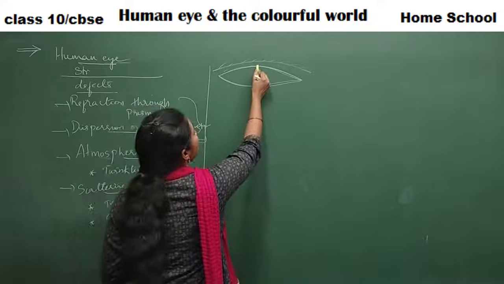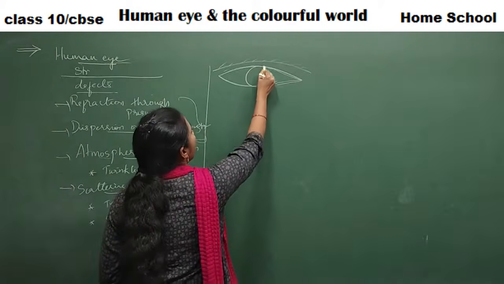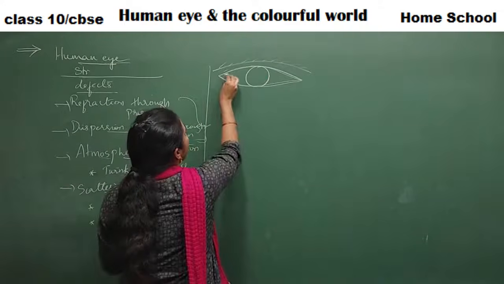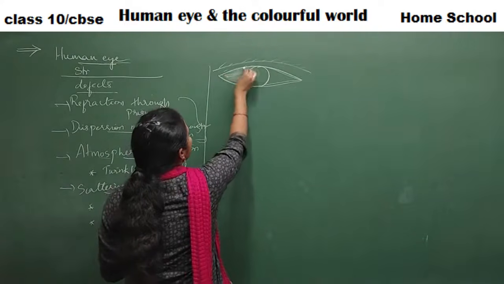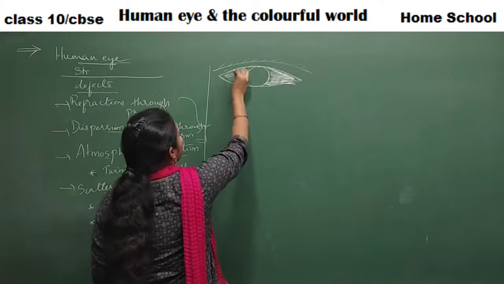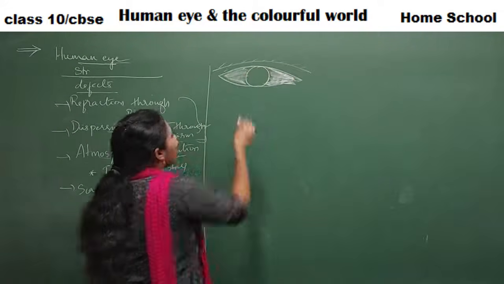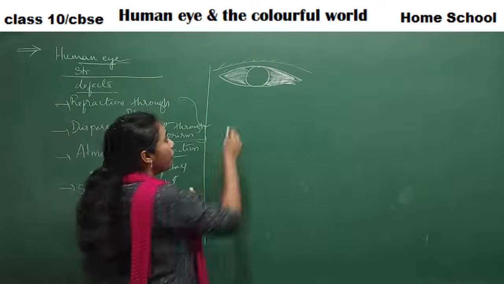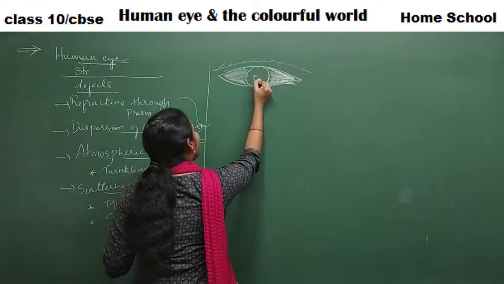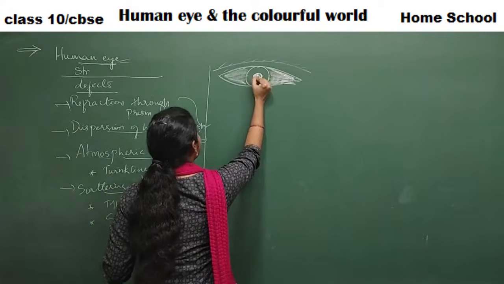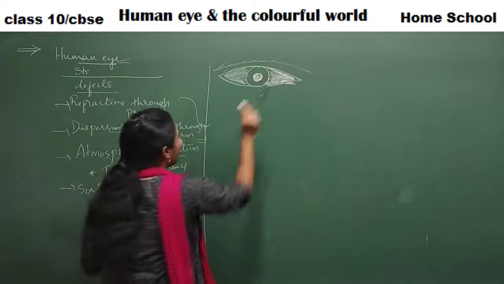In the middle, you have something like this, a round ball, isn't it? And this round ball is placed in a white colored area. You can observe the eye, white colored area. In between, you will have a black round ball. If you clearly see the eye, in the middle, you have some dark color structure also, right? Fine. This is how your eye looks.